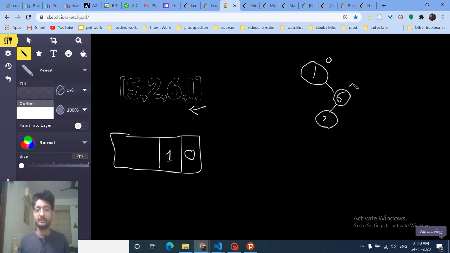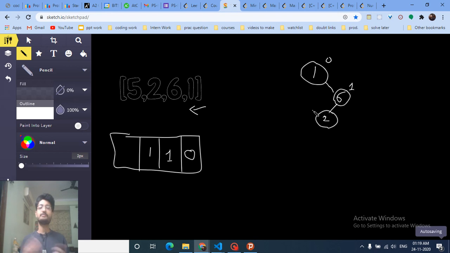So we're gonna make this value 1, which means: how many elements are on the left side of it? Then we insert 2. 2 is greater than this, so it goes like this. But as you can see, because we move to the right side, we're gonna see how many elements are there on the left side of it. So as you can see, this is on the left side, because this is on the right side, but this is on the left side, and this is the answer as well.